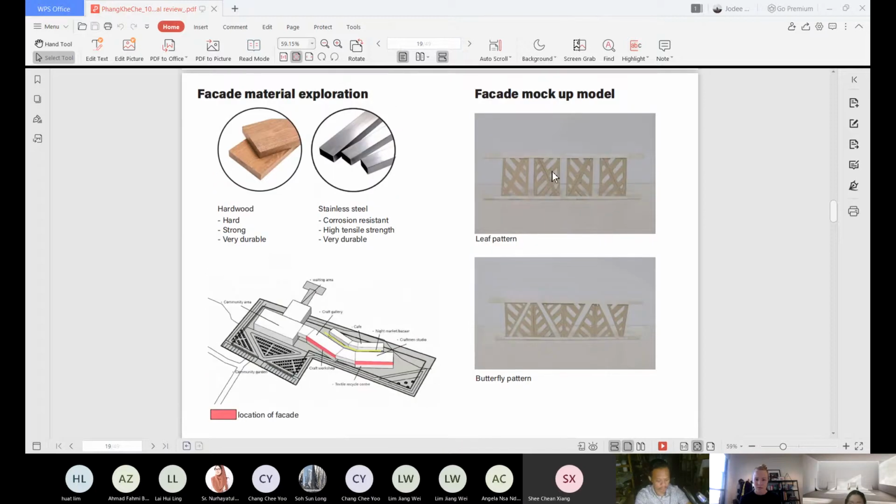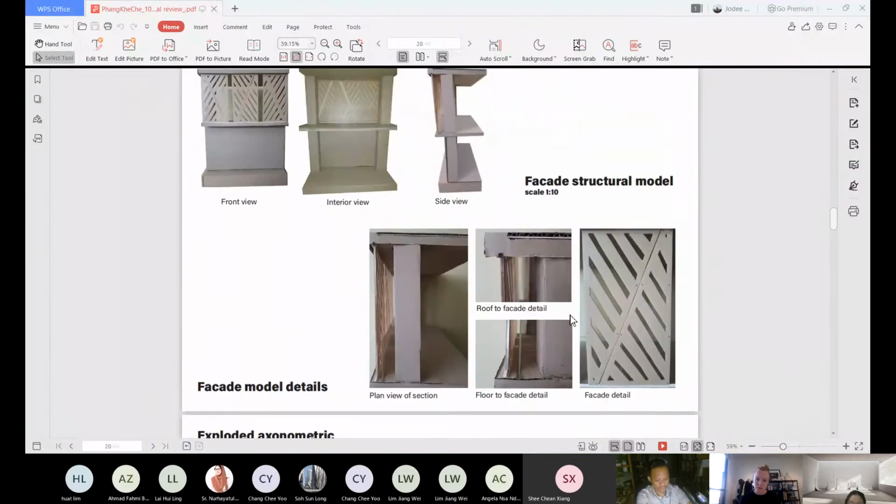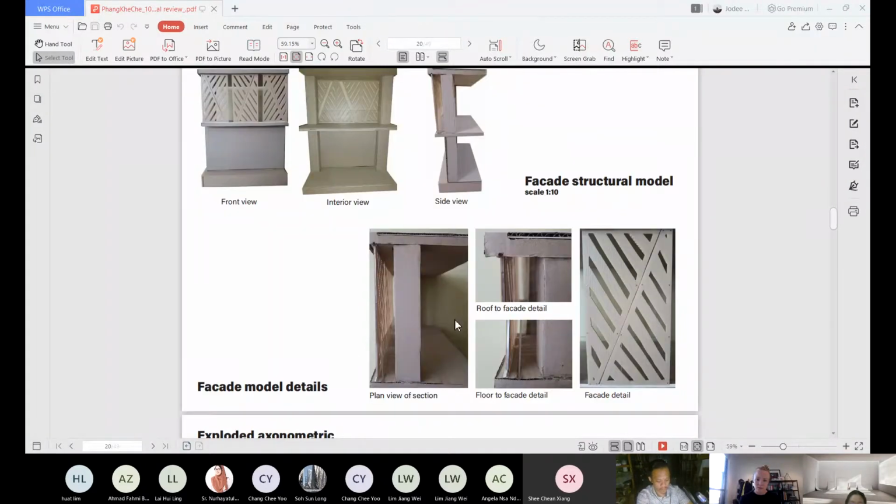And this is the facade mock-up model. This is the final model and the facade model details.